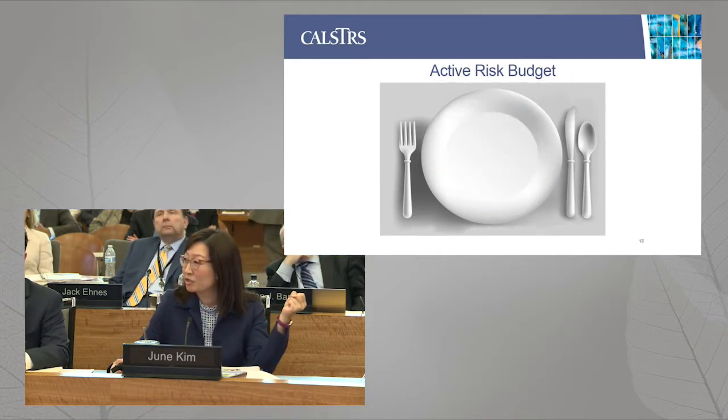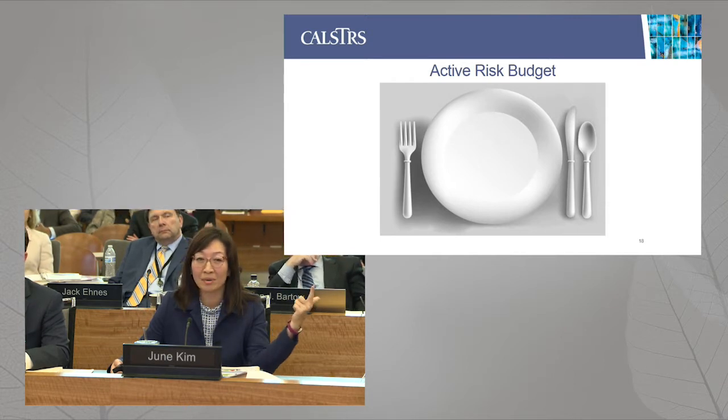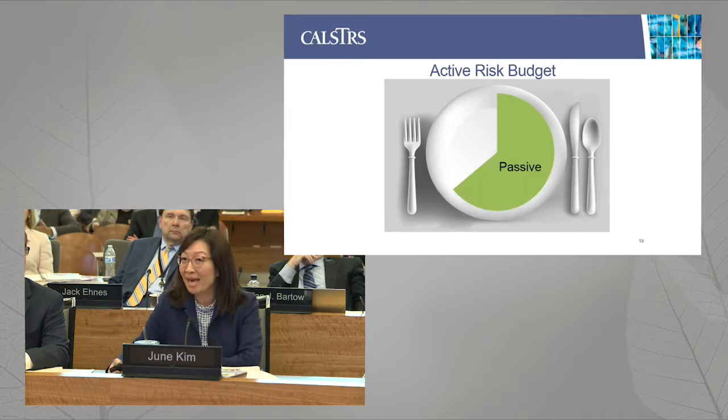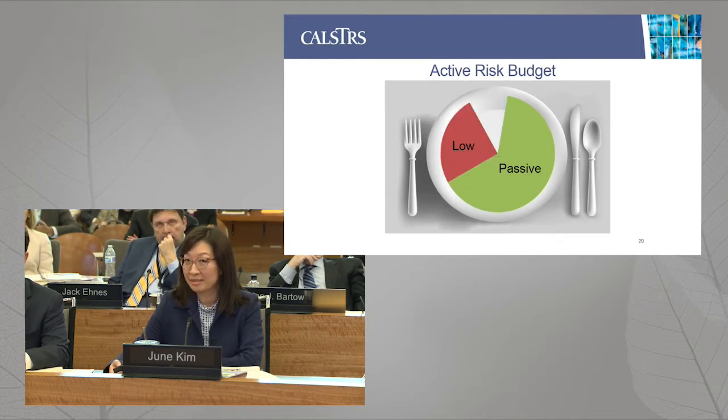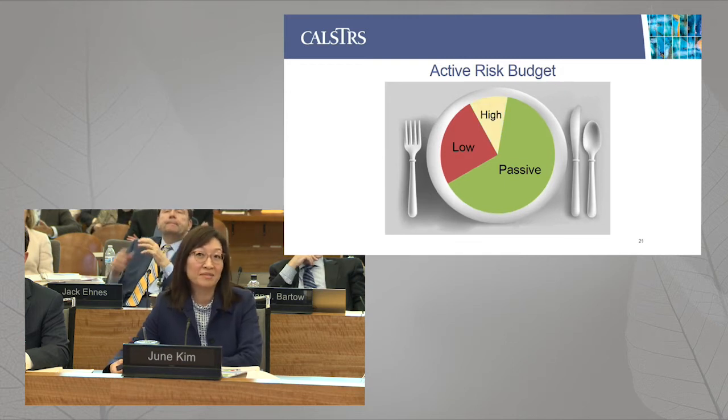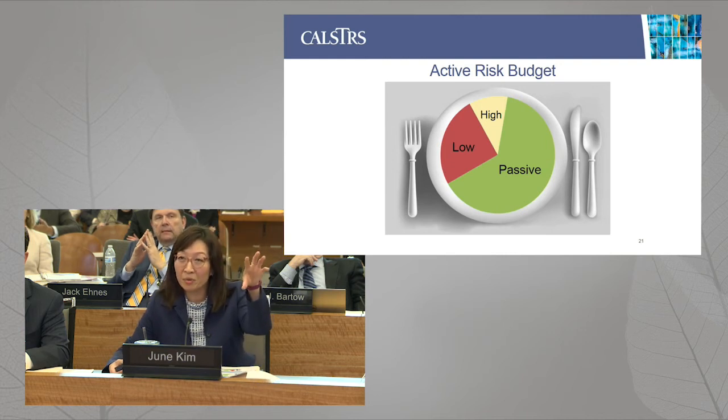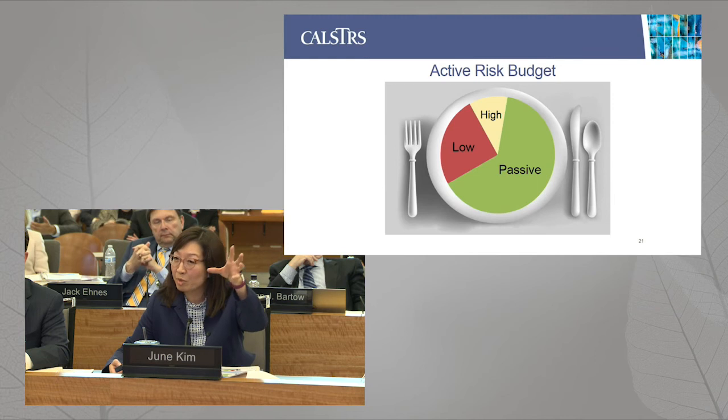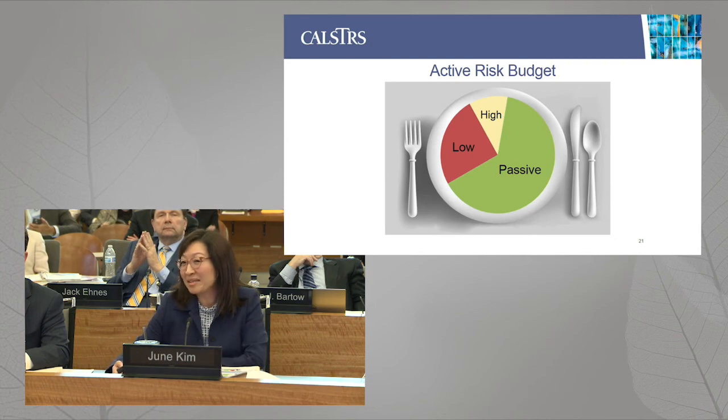Similarly, when you create an institutional portfolio of a lot of different strategies, you can set what's called an active risk budget. It's one number that you set in advance. For example, let's set an active risk budget of 50 basis points. That's 0.5%. And we'll say you can hold passive strategies. They could get a higher allocation because they have low to no active risk. You'll also have some low active risk strategies, but at a smaller allocation. And we will have some high active strategies because we do want to beat the benchmark. Again, what you've said is one number, one active risk budget number. You can change the proportion between these, and we're only allowed to invest in these types, but we have to stay within that budget that you've set.